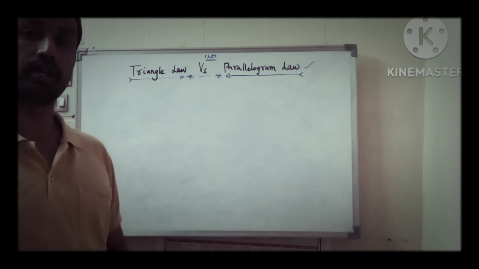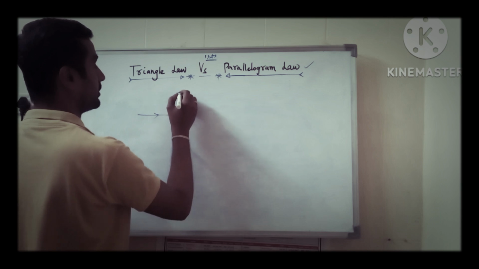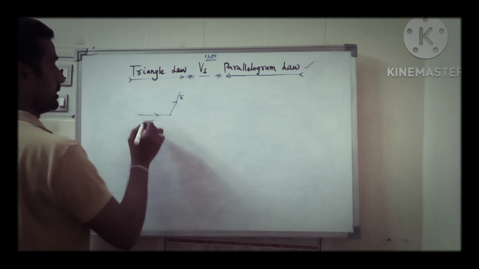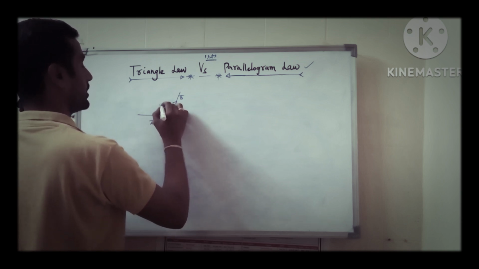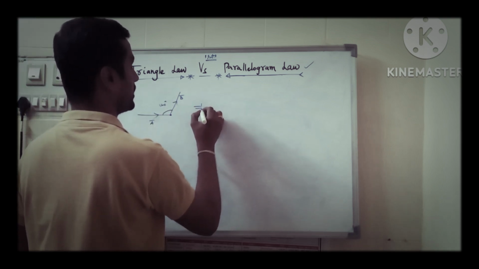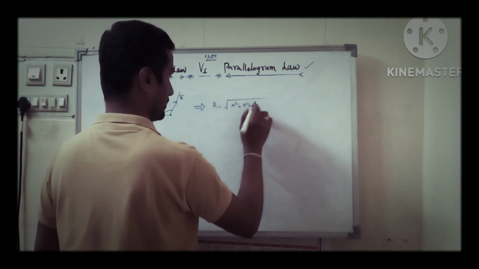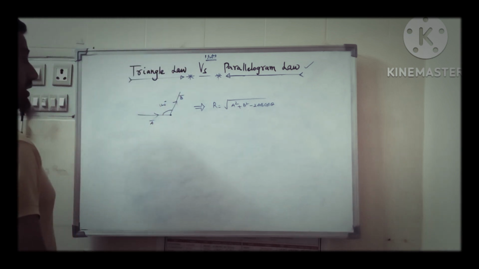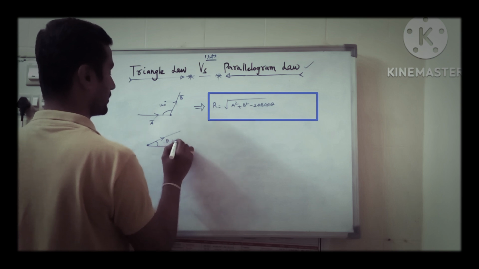Let us recall what we have learned in this video. If the two vectors are like this, A bar and B bar, and the angle between A bar and B bar is 120 degrees, then we can directly use the formula r equal to square root of a square plus b square minus 2ab cos theta. And if the vectors are given like this, and these two vectors act at a point with theta equal to 60 degrees,